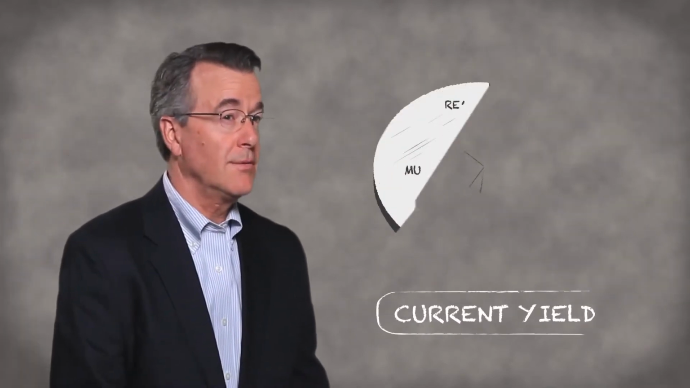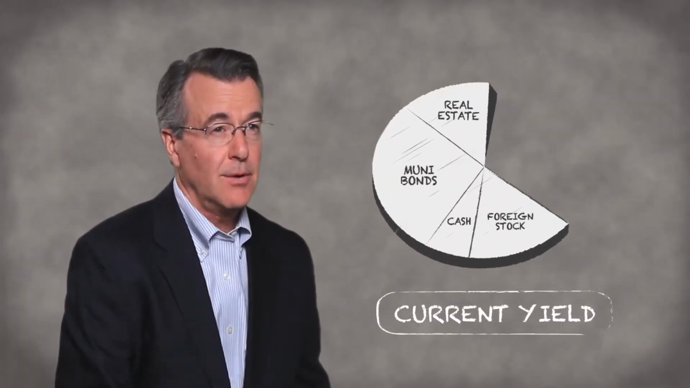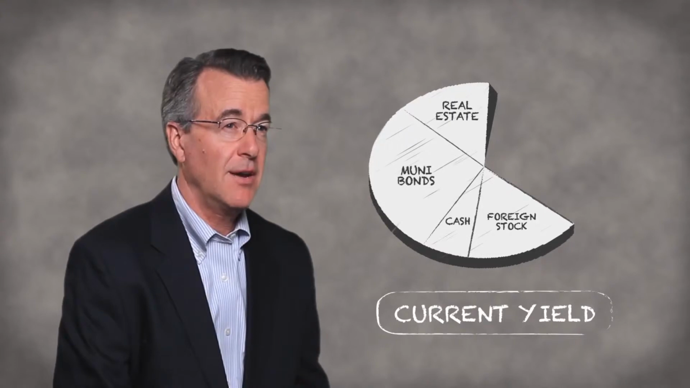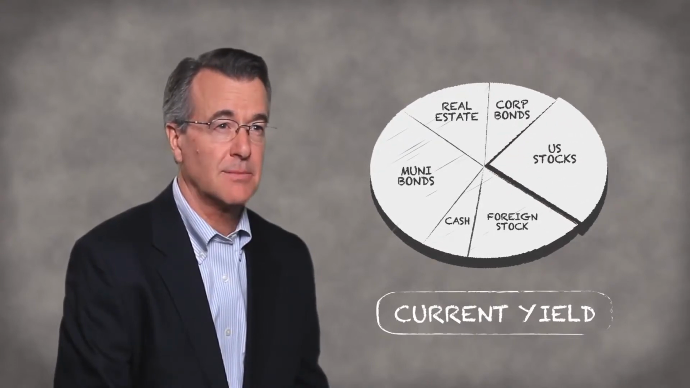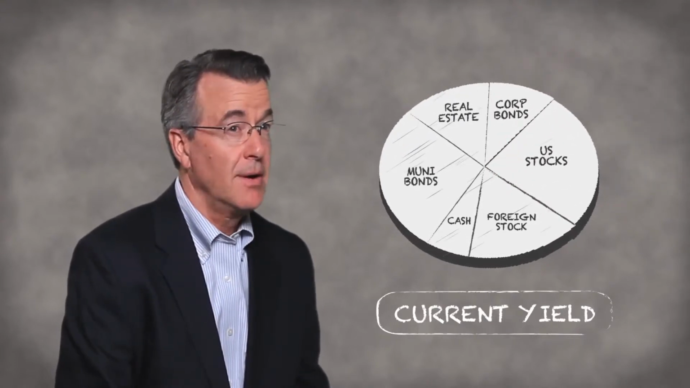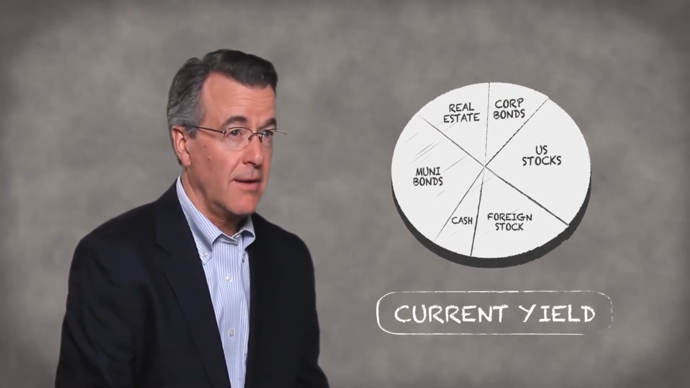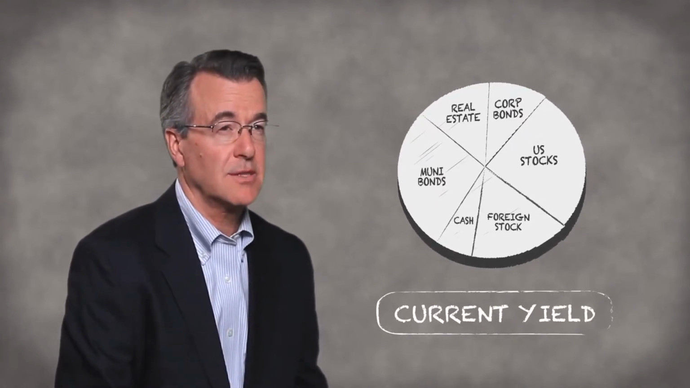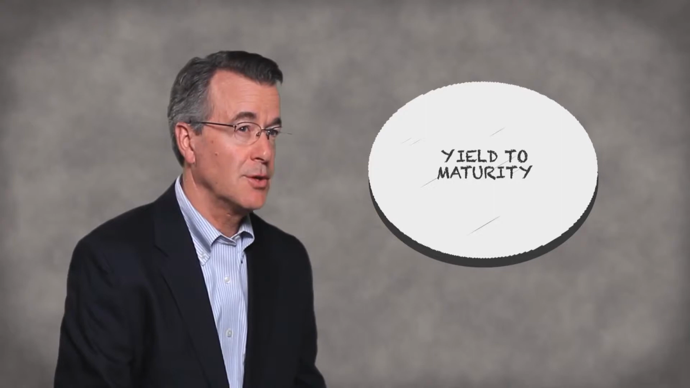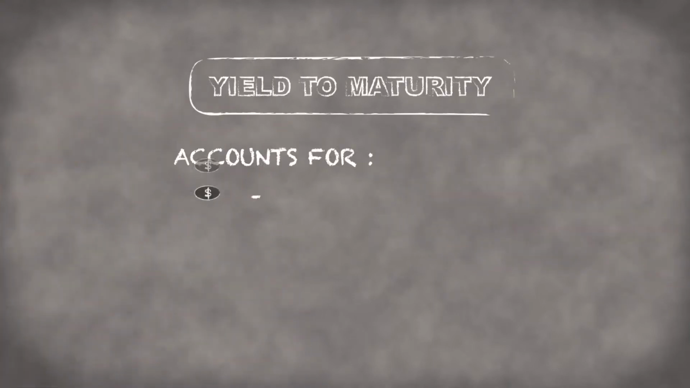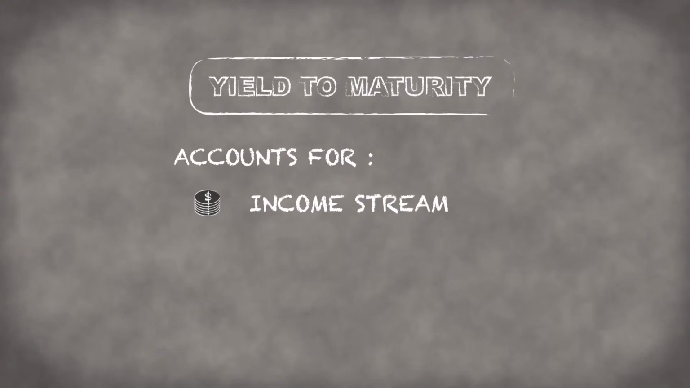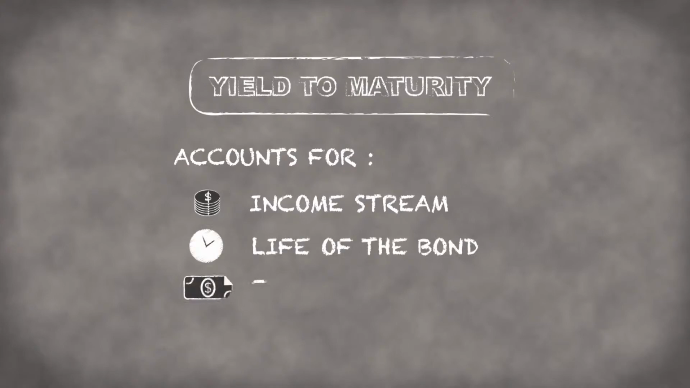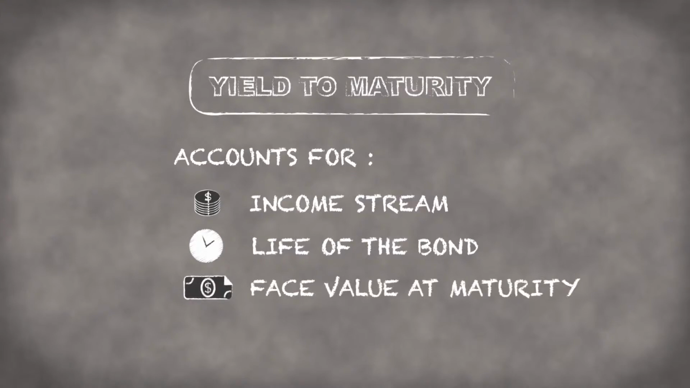The current yield gives you a quick and easy way that you can use to determine whether the bond fits into the realm of your possible investment decisions. However, we can get a more accurate idea of a bond's yield by using a more robust formula called yield to maturity. Yield to maturity takes into account the semi-annual income stream, which is received from a bond investment over the life of the bond, and then takes into account the full face value that you would expect to receive